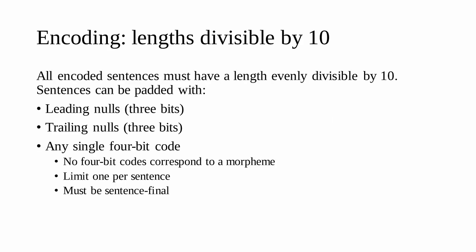But it's not over yet, because the number of bits in each sentence must be evenly divisible by 10. The first sentence happens to satisfy this at 110 bits, but for the rest, there are 2 strategies to pad it out. Add 3-bit null characters to the front or end, or add any single 4-bit string to the end of the sentence, since no 4-bit codes are in use, and no 2 valid codes can be distinguished by adding or removing the last 4 bits.